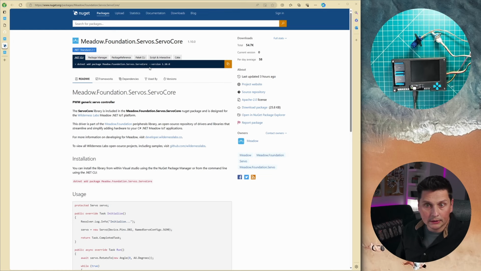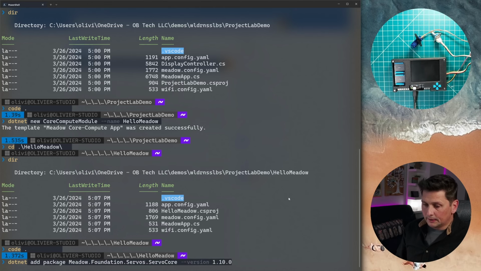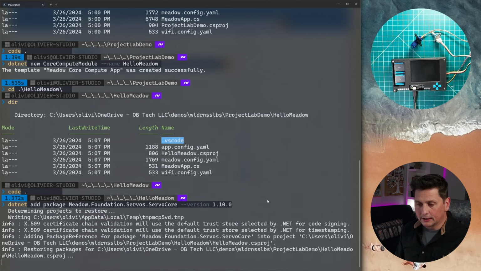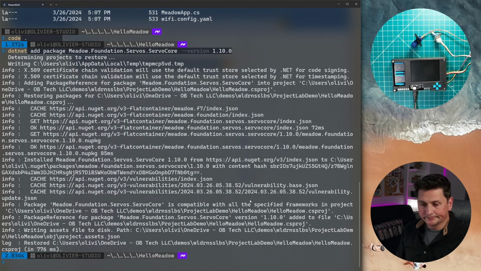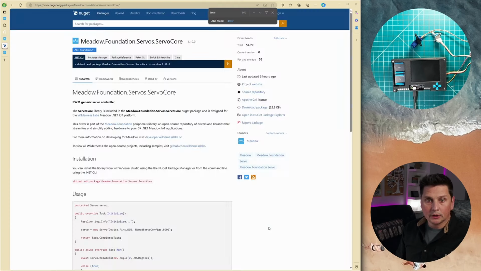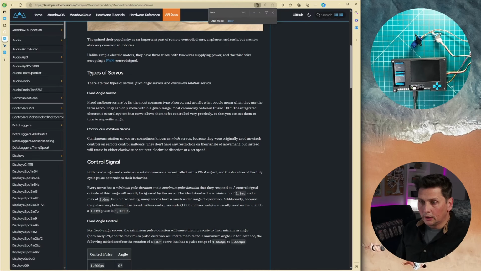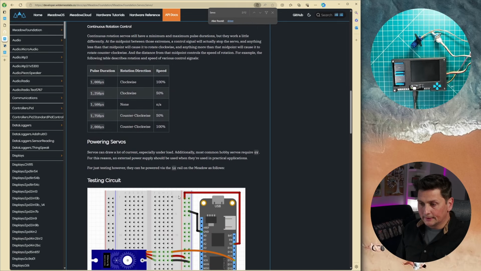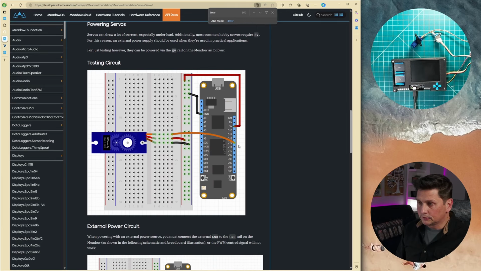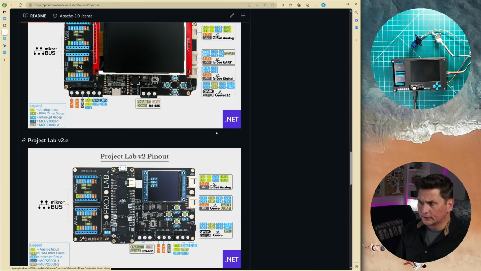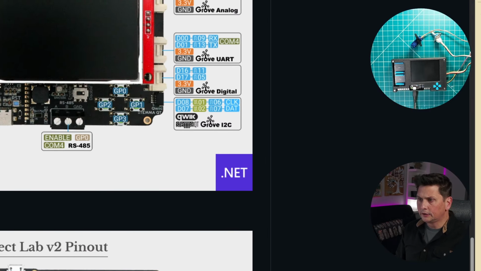Go to my command line. I'm going to just add this package to my application here. Boom, boom, boom. And back to the documentation about the servo. And let's see how that works. I connected it to specific digital inputs. So I was telling you it's in this quick connector here.